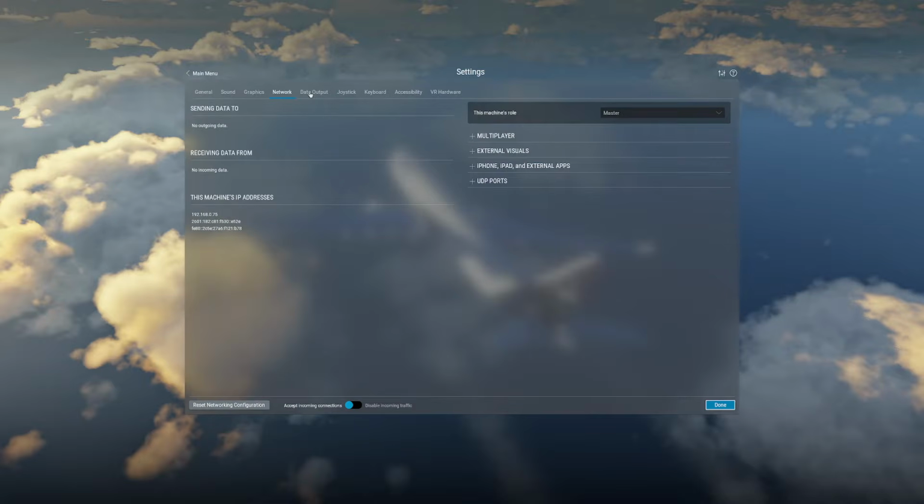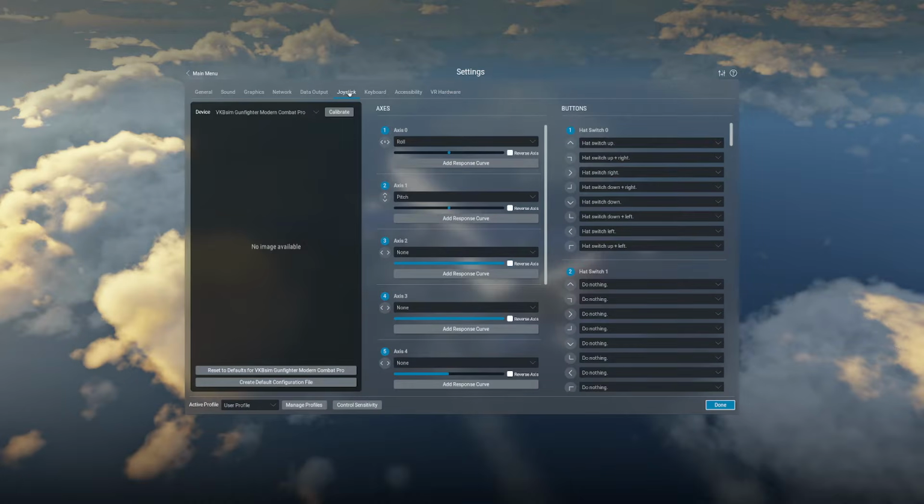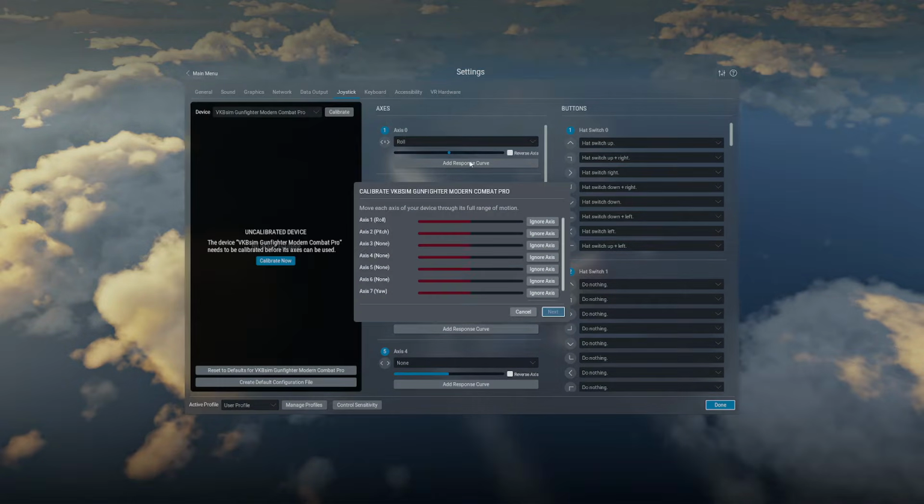I'm going to leave network alone. Data input and output you can leave alone. Joystick, you're going to want to stop here and take some time. I really like the way that they do the joysticks here. There's a couple different components to it, and you can see I've got everything set up. But the short version is when you press the calibrate key, it's going to bring up a screen that looks